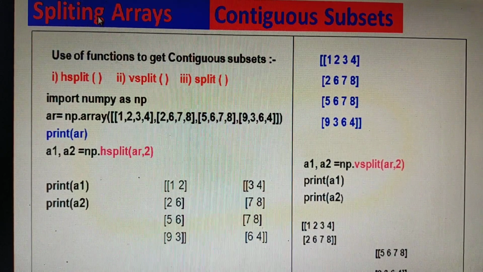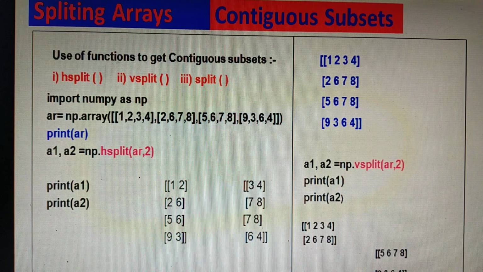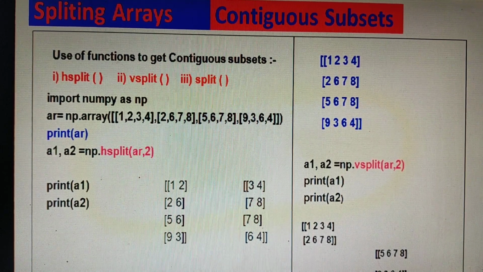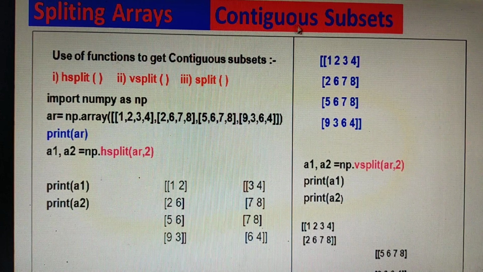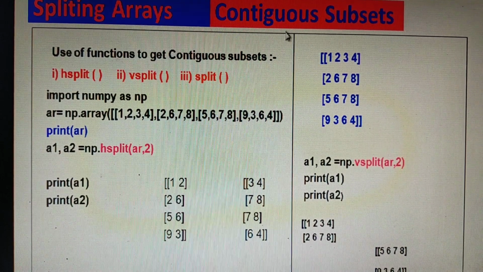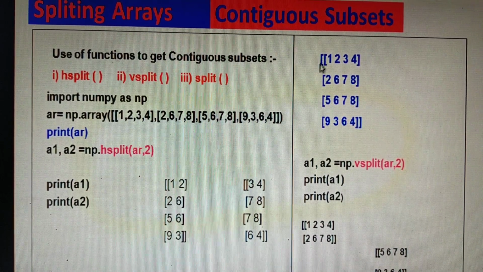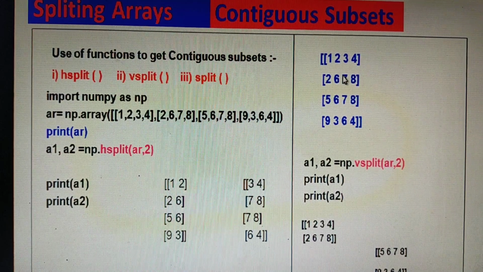Next, after concatenation, the next topic is splitting. How can we divide an array? Contiguous subset means continuous elements can be divided.